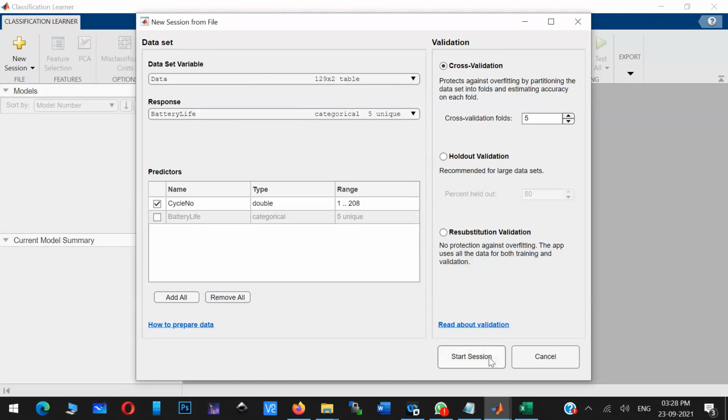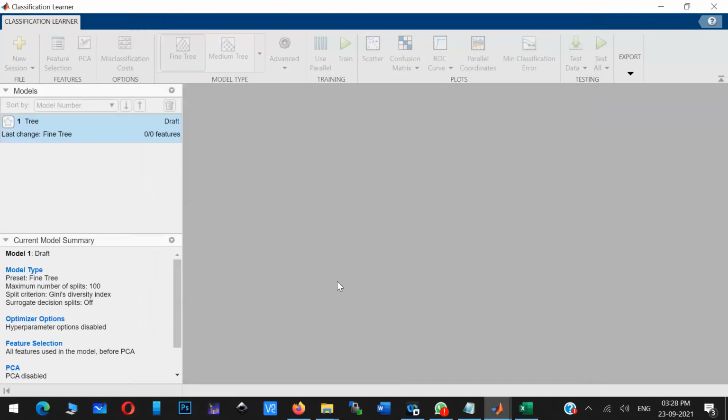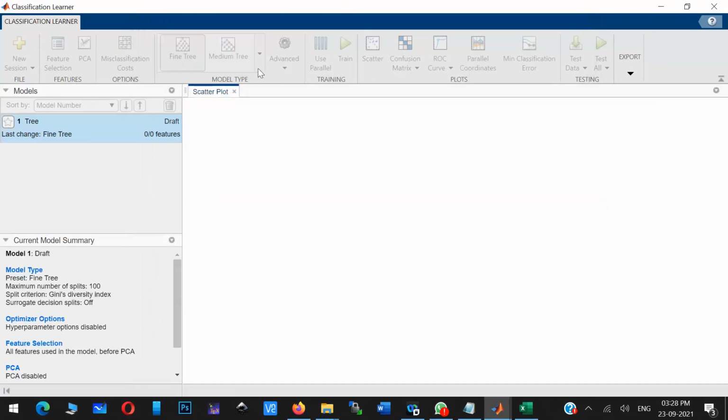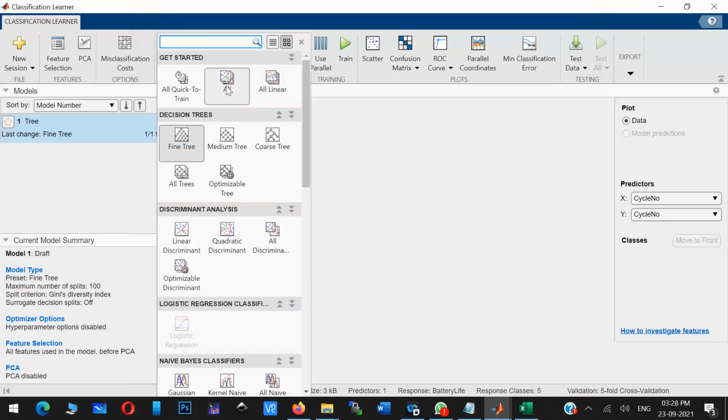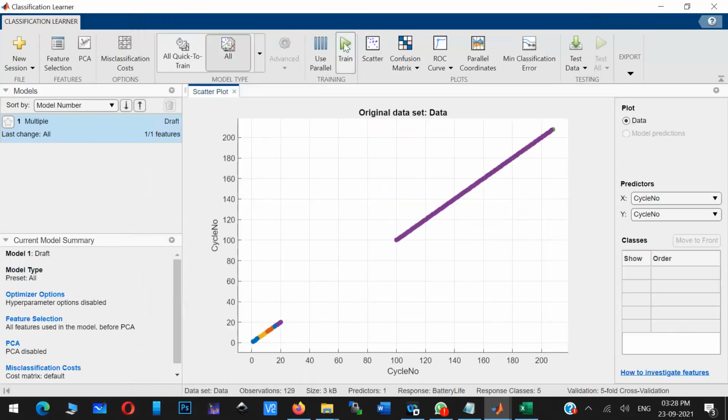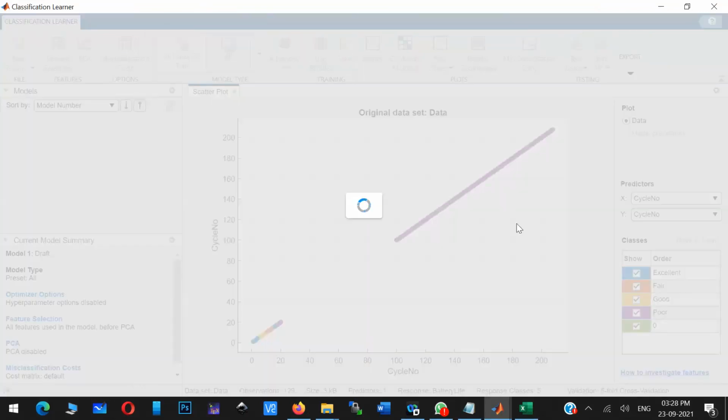Now you are starting your session, and the same procedure. Then you select all algorithms preferably and run it. I'm just running my program. So I just selected all algorithms. I'm trying to see which algorithm gives a better result for this particular data. Basically it is running in the background.